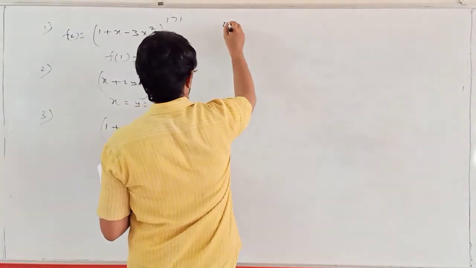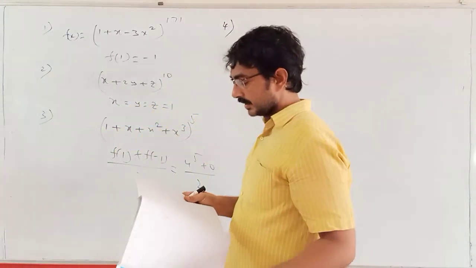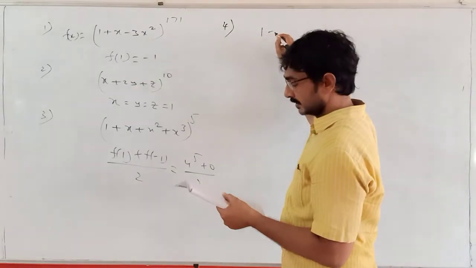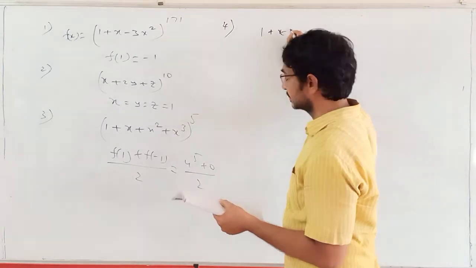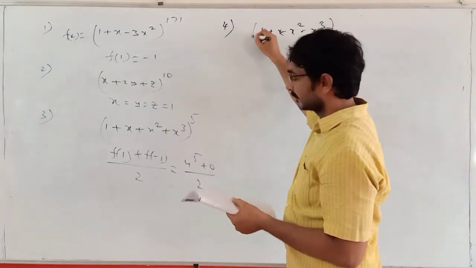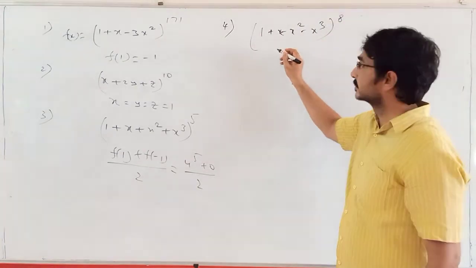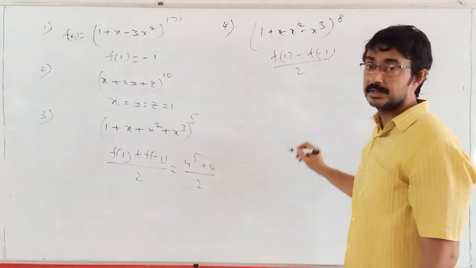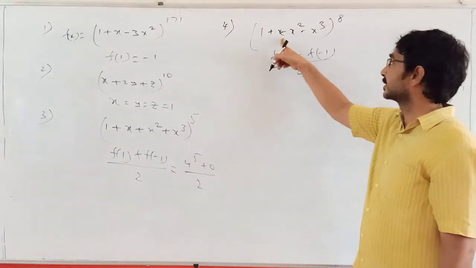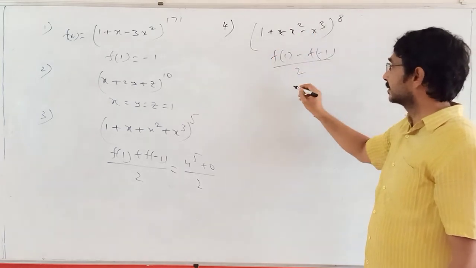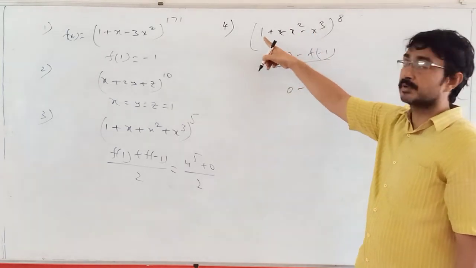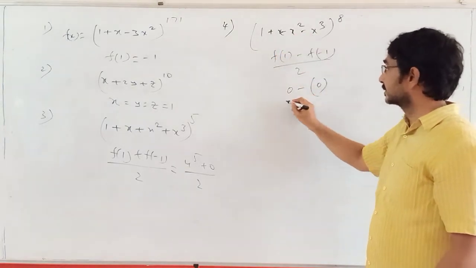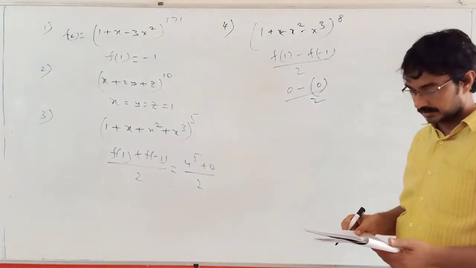Okay, next. Fourth one, sum of the coefficients of terms of odd powers of x. Same. So, fourth formula, (1 + x - x² - x³)^8. Formula for that is [f(1) - f(-1)]/2. When x is 1, 1 plus 1 is 2, minus 2 is 0, minus... when x is minus 1, 1 minus 1 is 0, minus 1 plus 1, that is also 0. So clearly the answer is 0, fourth one.